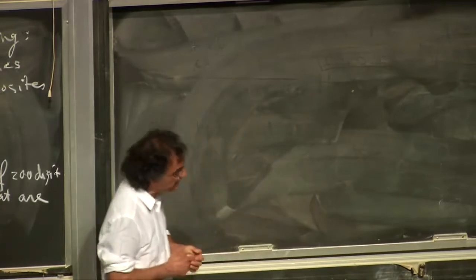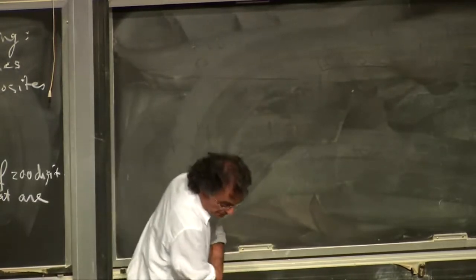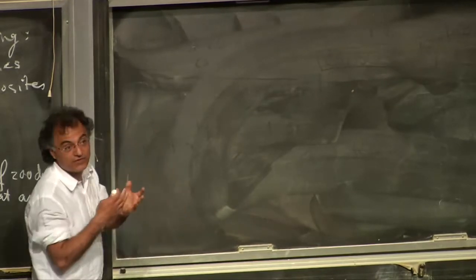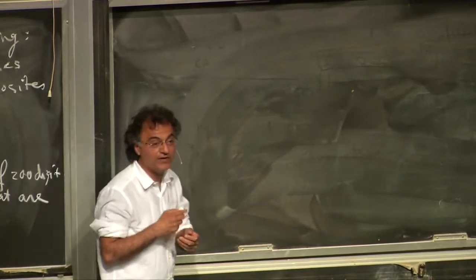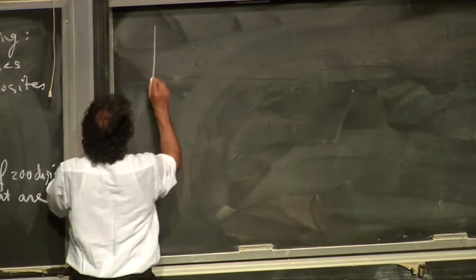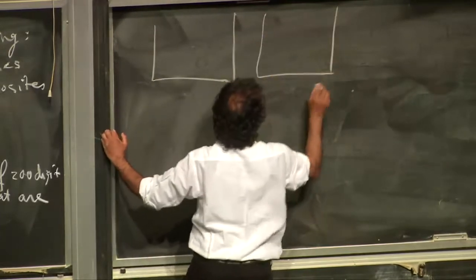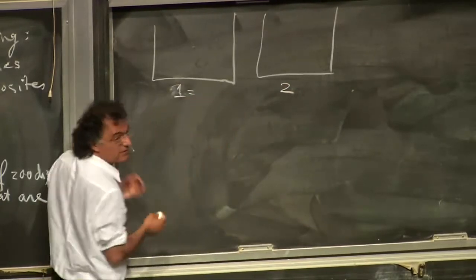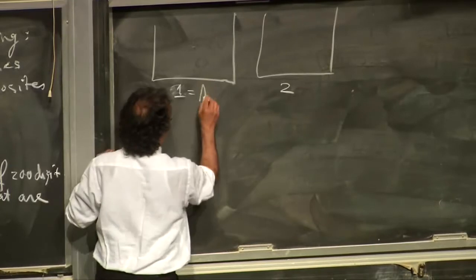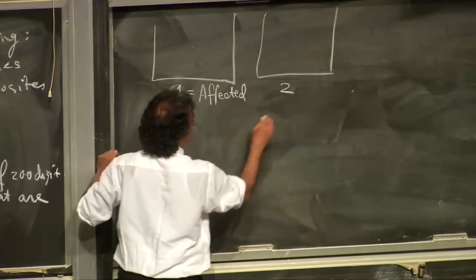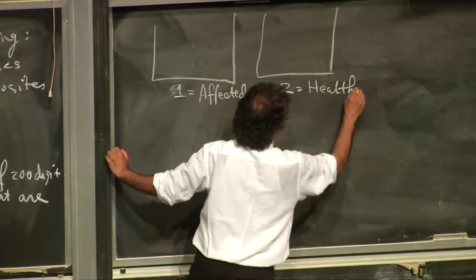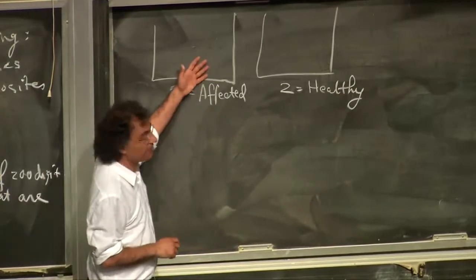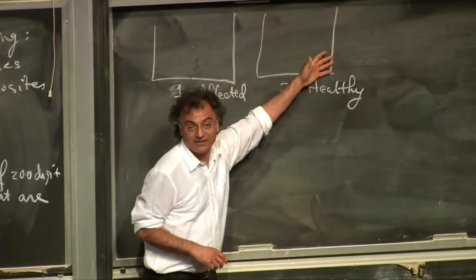Okay, so let's say it's supposed to test for a certain condition, and now in order to figure out how effective it is, we look at two pools, two particular populations, right? So there's bin 1 and bin 2. Bin 1 is the population that's actually affected. Bin 2 is the healthy population. So you divide all the people into two groups: those who are affected by this condition, and those who are healthy. And now